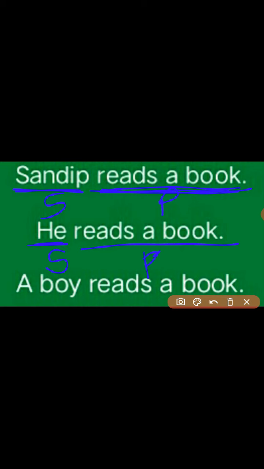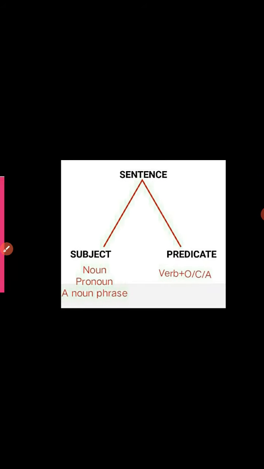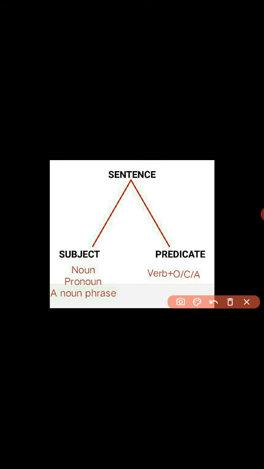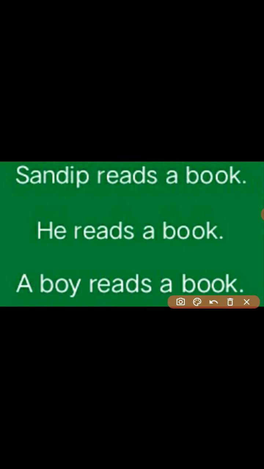What about the subject in the second sentence? The word he. What is he? Is it a noun? No. Is it a pronoun? Yes. So as you came to know over here, subject can be a noun, subject can be a pronoun. So first example is